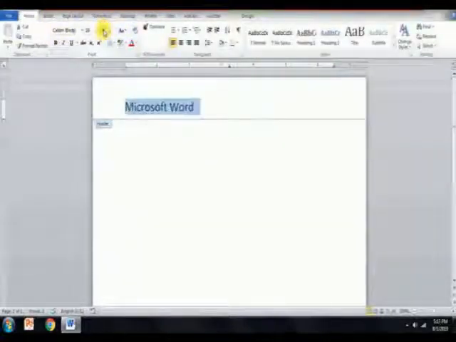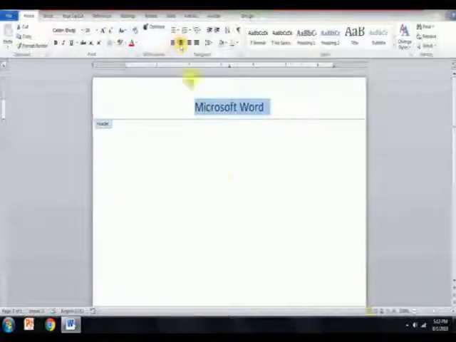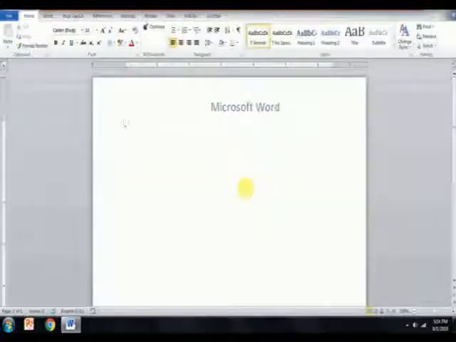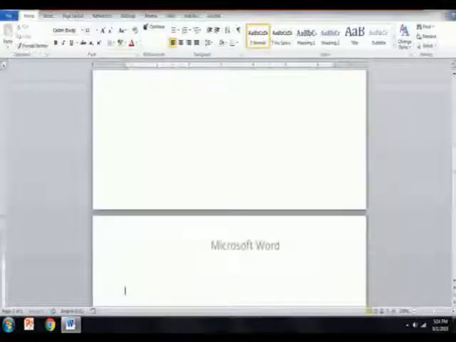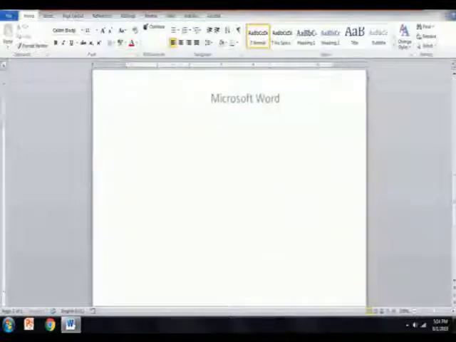Let us change the size of it. I'll keep it in the middle. Press the Tab key twice. Now, click anywhere on the document. You will observe that the header has been placed on the document. It gets placed on each and every page of the Microsoft Word document by default. This is the second document,